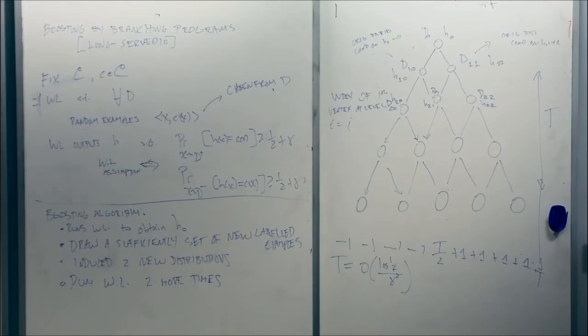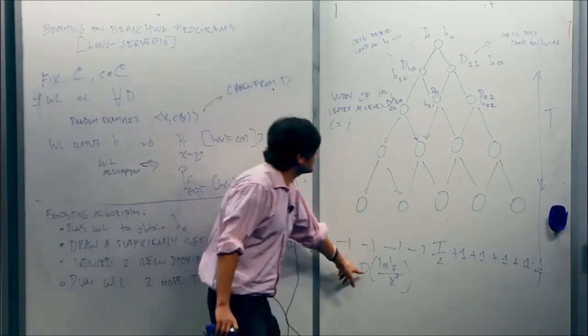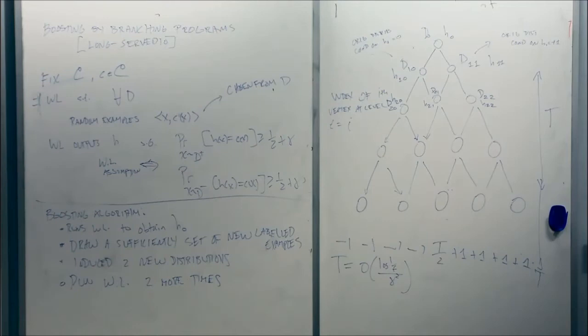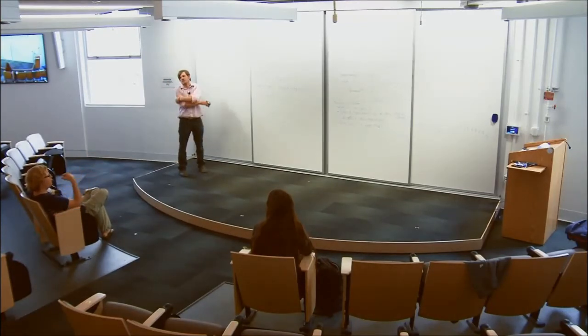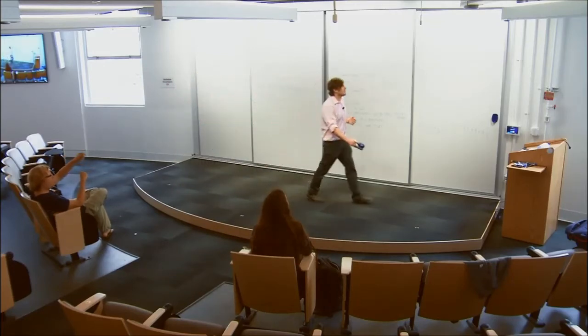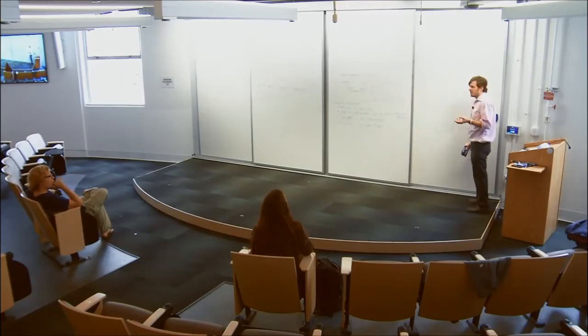So we've chosen capital T precisely to be large enough so that when you plug it into Azuma's inequality, this is exactly the bound that comes out. I'm slightly confused. I understand that, for example, D10 is the distribution conditioned on the first classifier moving left. So what is D21? Is it conditioned on first moving left and right, or first moving right and left? It's complicated to say in words. It's just conditioned on arriving at this vertex. There's no simple way to say it, and it gets even worse as you have larger depth.